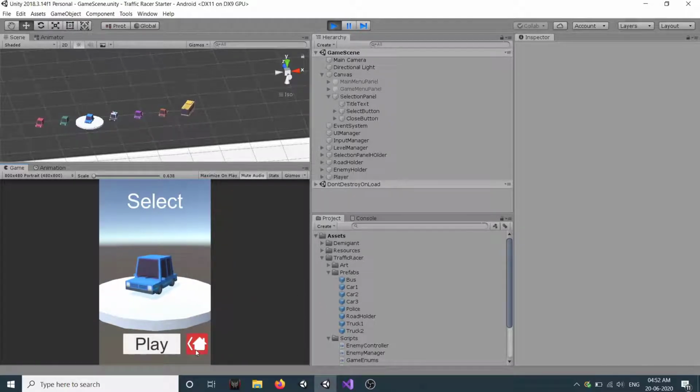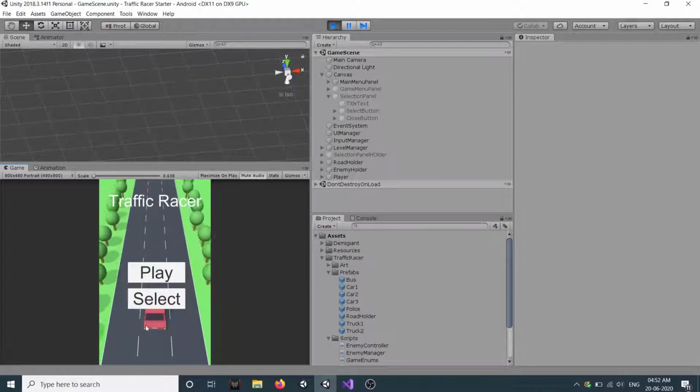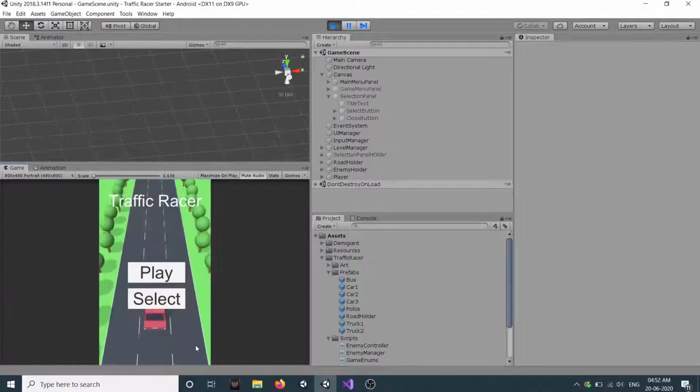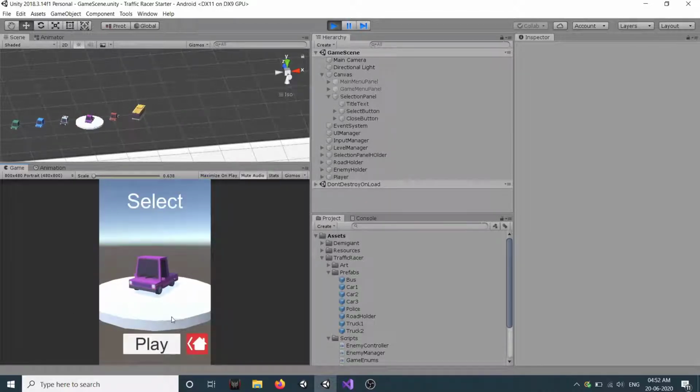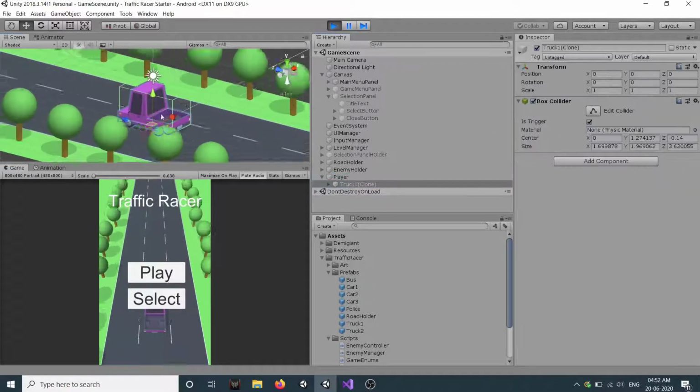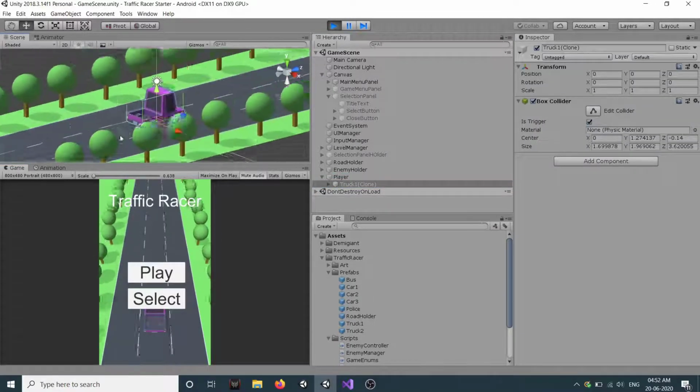So first let's try to click on home button, and as we go back to our home button, let's again go to select, and you see this was a car which we selected last, so it went to here. And let's do one thing, let's go here home and select. Okay, so we need to make some changes. Let's click on this selection button, and you see our player car has changed now.